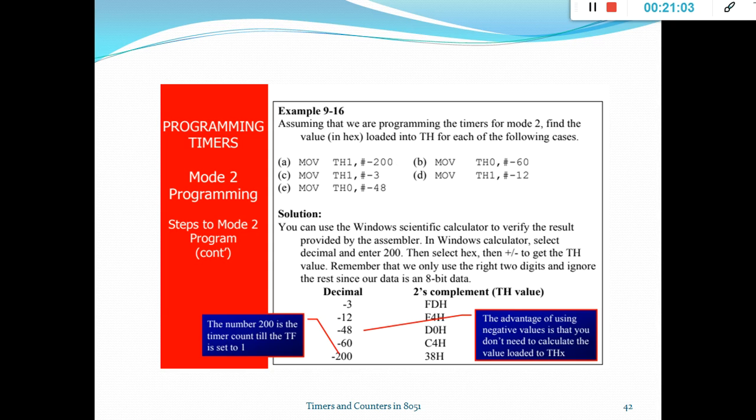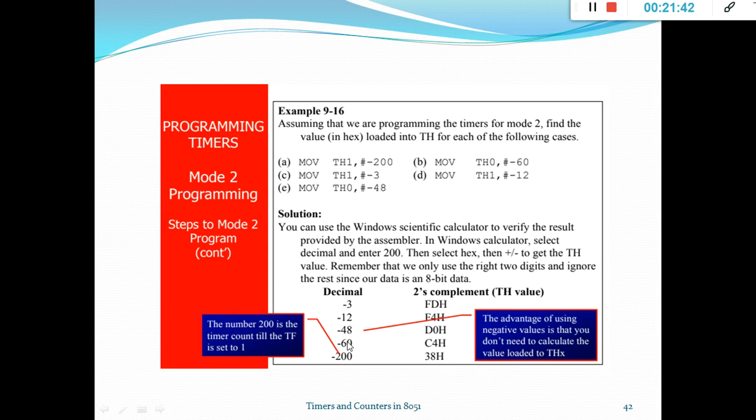If you declare in terms of hex value, automatically that hex value is going to be taken. If you declare in terms of decimal value, that decimal value will be converted into hex, and then that hex value is taken. If you declare in terms of negative, it is going to take the 2's complement of that negative value, which will be in hex form, and that hex value is going to be taken. So when you execute MOV TH1, #-200, the minus 200 is a decimal value, and when you calculate its 2's complement, you get 38H.